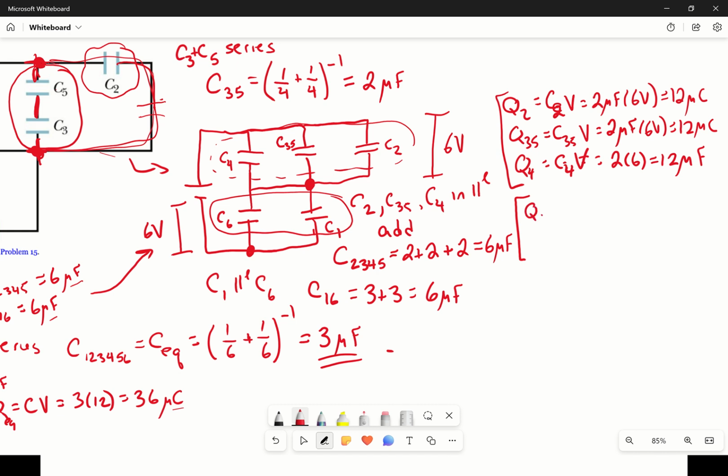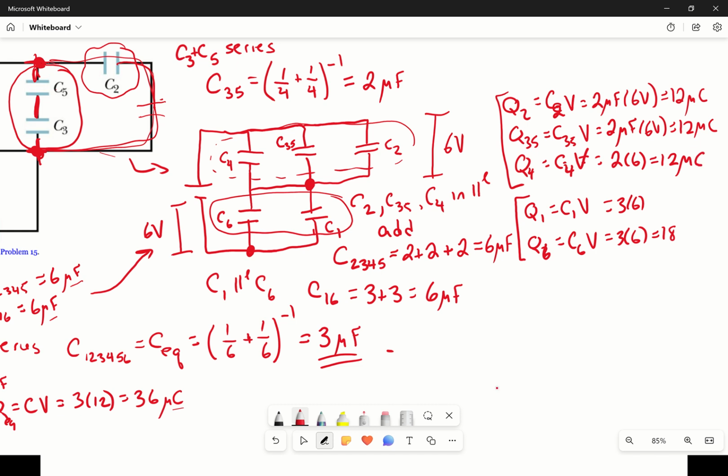Q1 is going to be C1 times V. Q6 is going to be C6 times V. The V is 6 volts again, and C1 and C6 are both 3. So now I've got 3 times 6 and 3 times 6, which is going to be 18